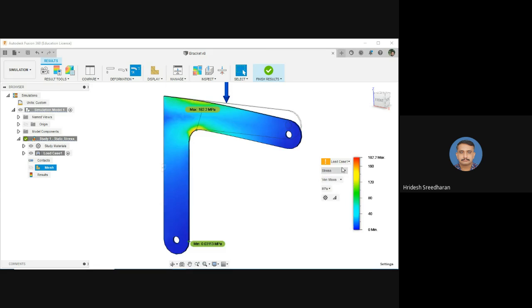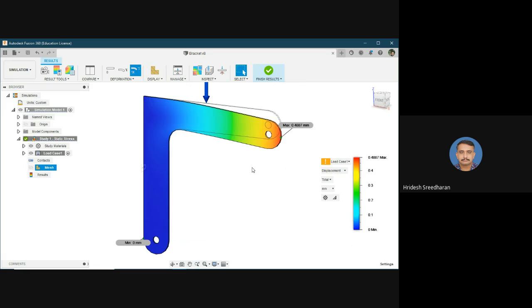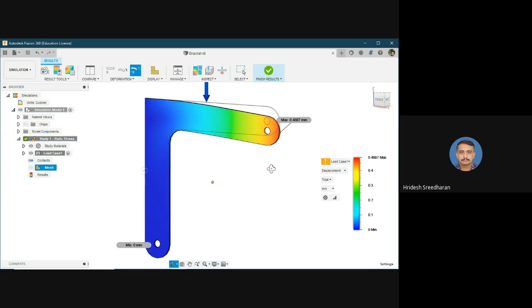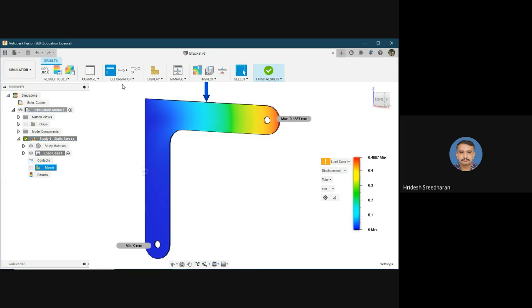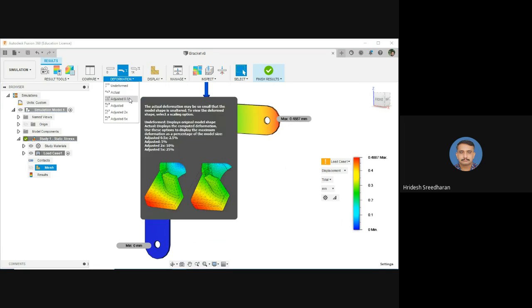And if you want to see the displacement, the displacement is also visible from the figure itself. If you don't want the actual one, you can close it here, deformation. If you want undeformed, it will take it back to its original position, or actual or adjusted.